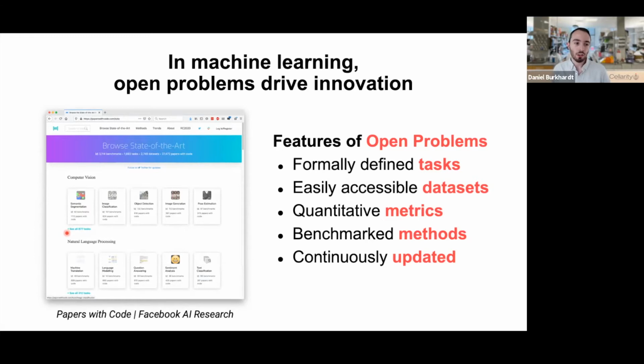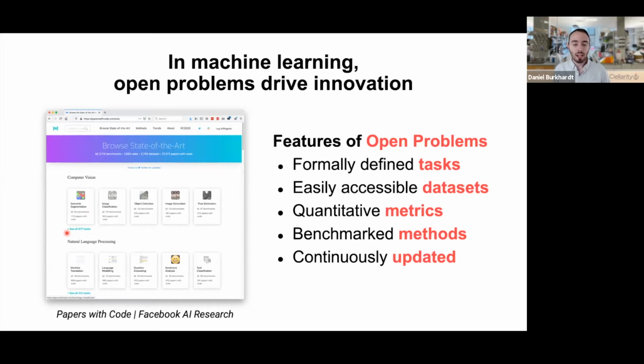There are also easily accessible data sets. So if you want to do, say, image classification, there are a set of standard data sets that almost any new algorithm gets benchmarked against, and these have reliable ground truth. There are also a set of generally agreed upon quantitative metrics that you can use to evaluate a given algorithm and determine how well it performs at a given task.